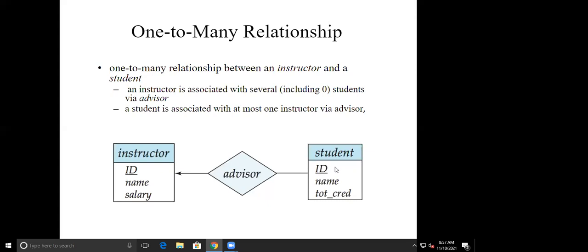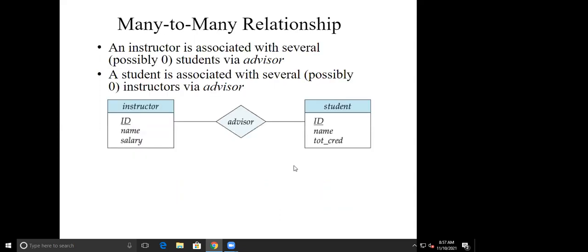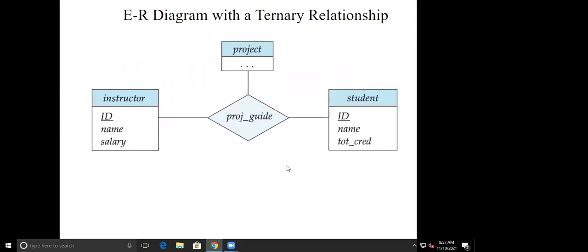Now when it comes to the ternary relationship, for example, if I consider showing an arrow here for the instructor, it means that multiple students can be under the guidance of a single instructor, and multiple projects can also be under the guidance of a single instructor. Okay, but that is not always true. An instructor can have one project or multiple projects, or may not have a project.